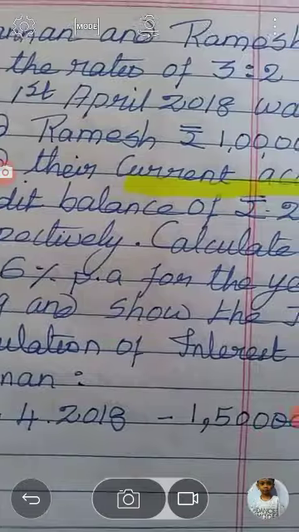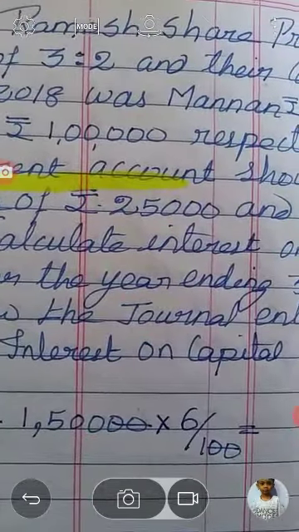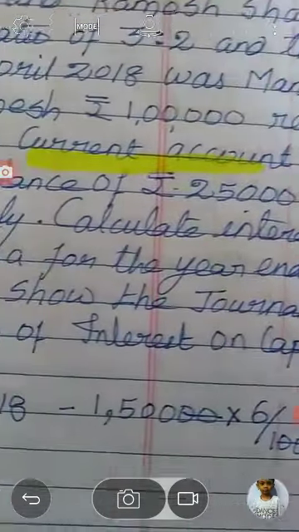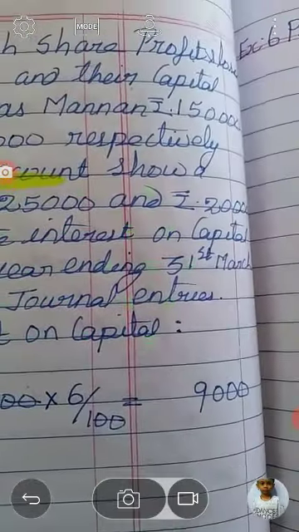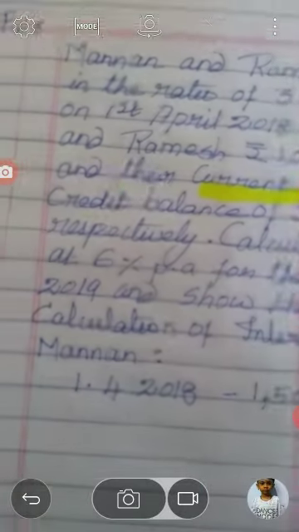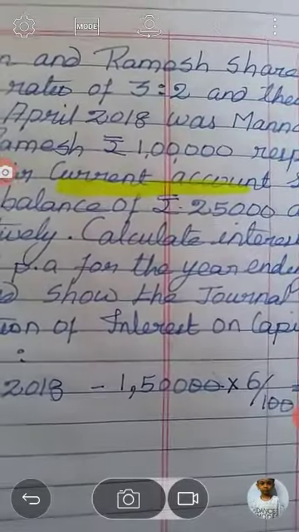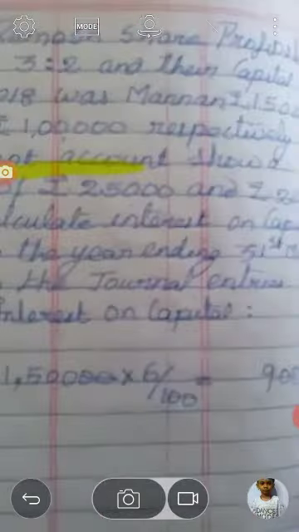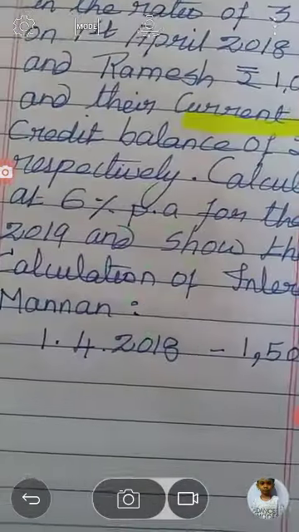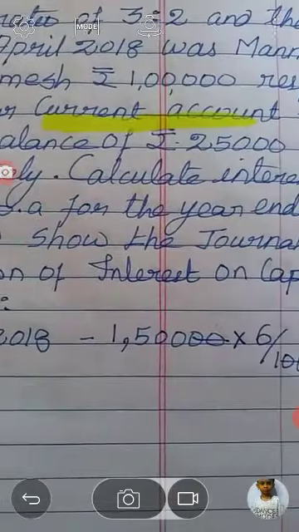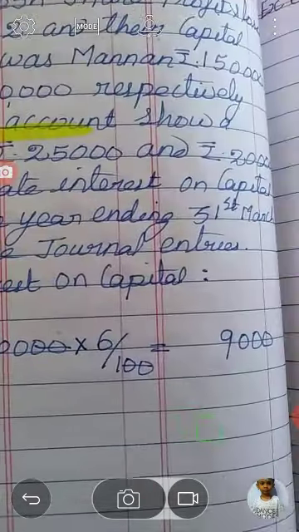Their current accounts show credit balances of rupees 25,000 and 20,000 respectively. The fixed capital method should be followed. Calculate interest on capital at 6% per annum for the year ending 31st March 2019,